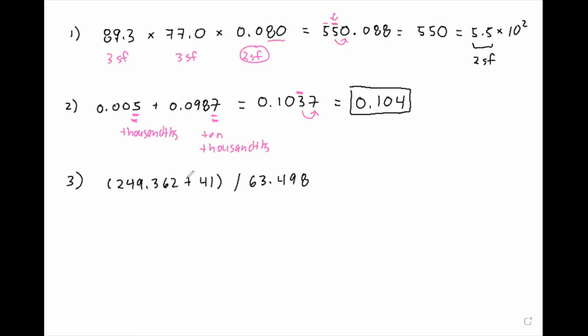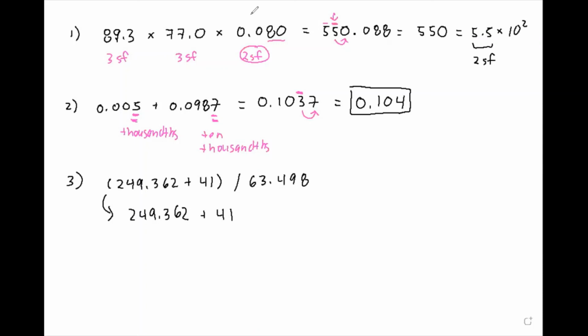And then once we get an answer there, we're going to just keep track of where the last sig fig is, but we're not going to round anything. We'll move on to the next step and follow the sig fig rules for the next step. So let's take this first step down here. We'll do 249.362